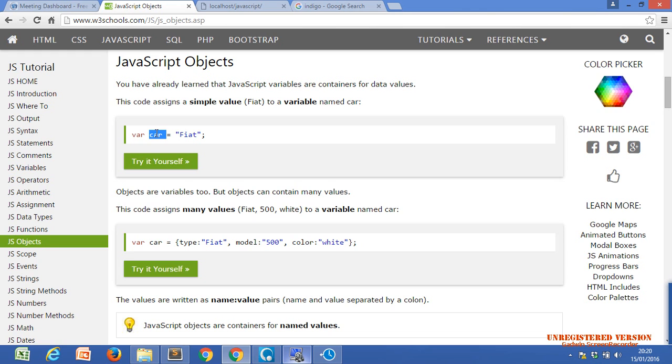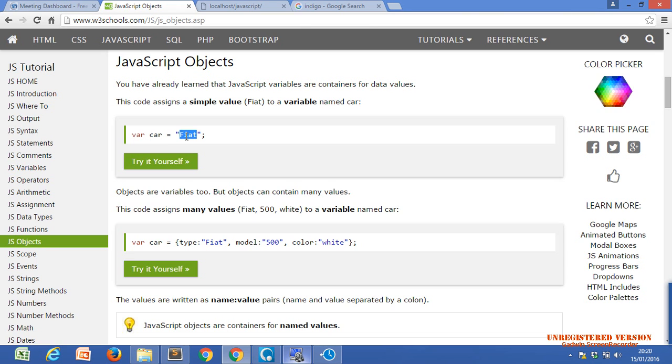Now, is this a simple variable or not? In JavaScript, you can assign only one value. You can change this value to any string, but only one value is there. If you change it, it will overwrite it. So this is the simple variable of JavaScript, same as the simple variable of PHP. But in JavaScript we also use the object type.